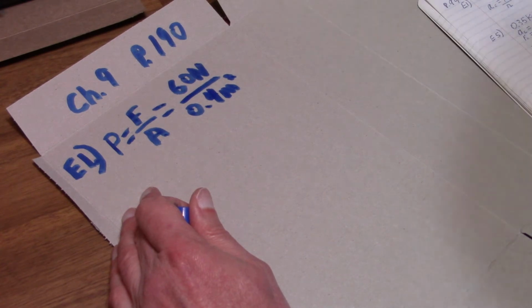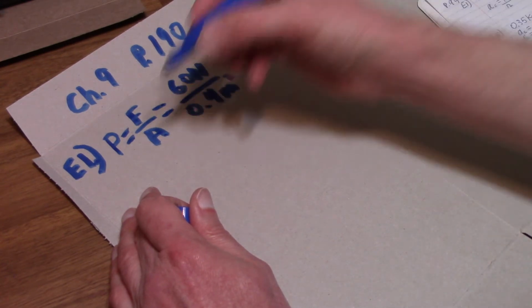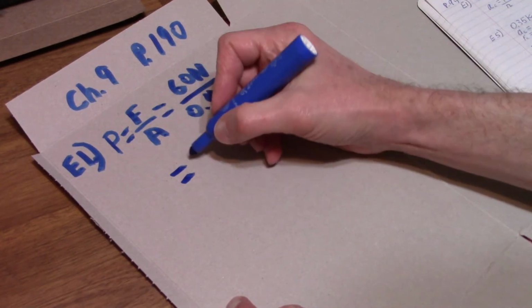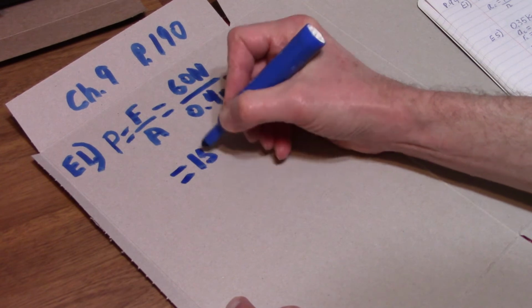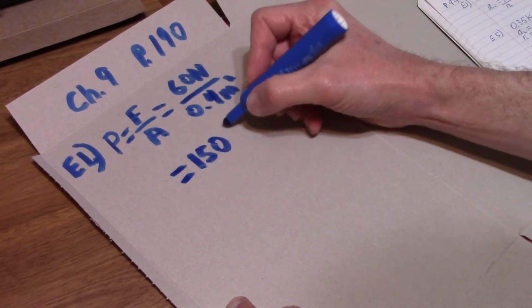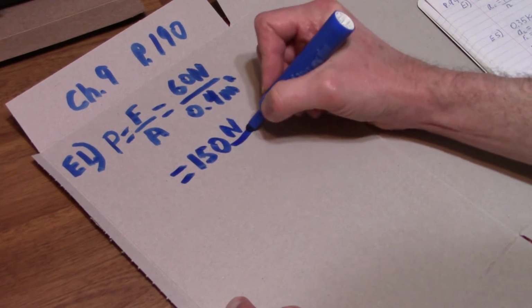Divide 60 by 0.4 and this equals 150 newtons